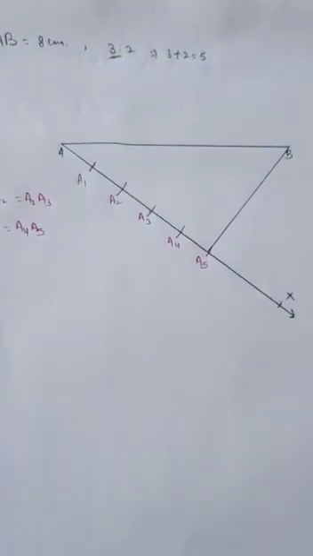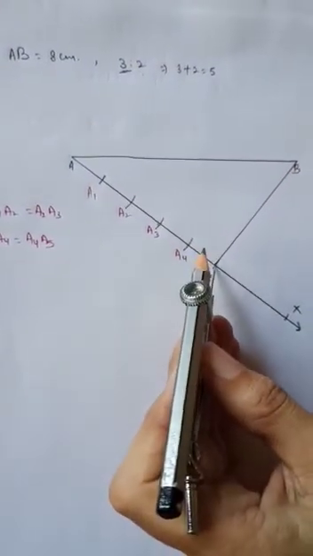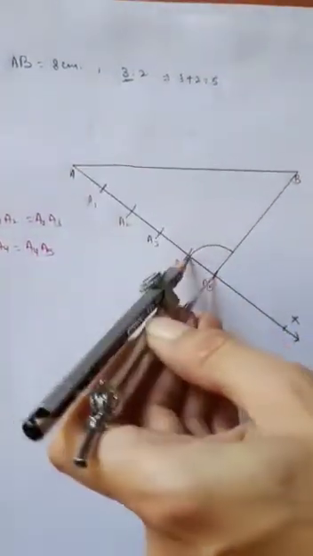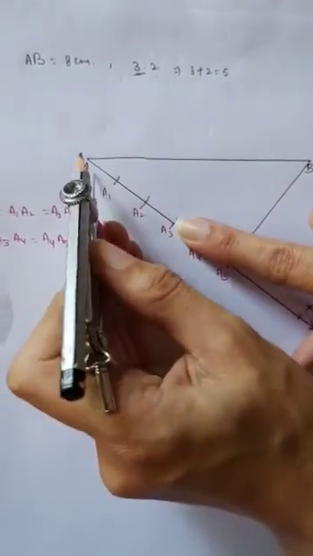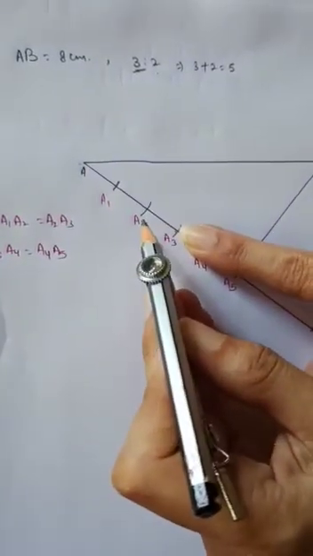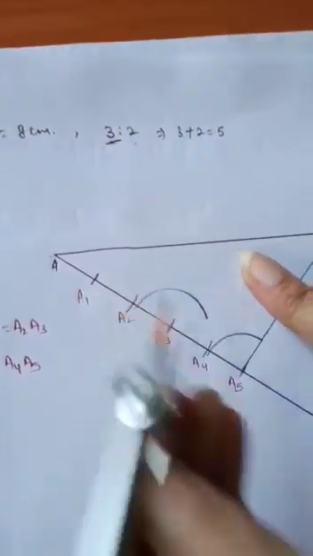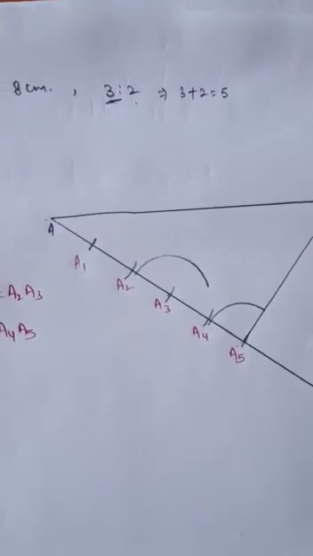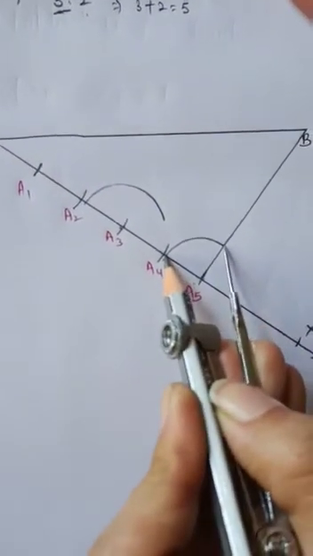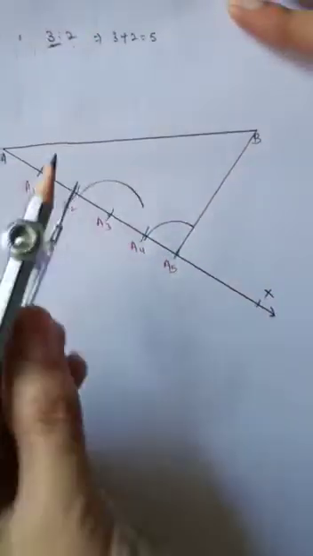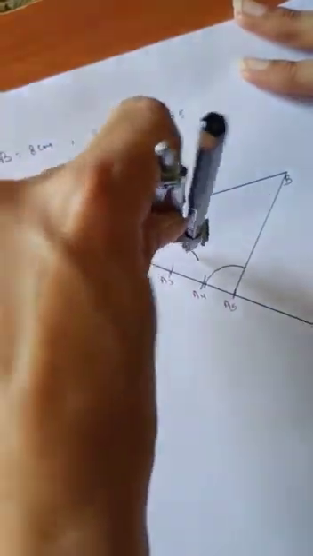So this implies we have to mark the arc on the point 5, A5. So we are making the arc. Same criteria on the third part, as here is the first, second and third part. So on the third part I am making the arc. Now we will measure the angle with the help of the compass, opening it like this. Same, we will mark the arc on this point also.